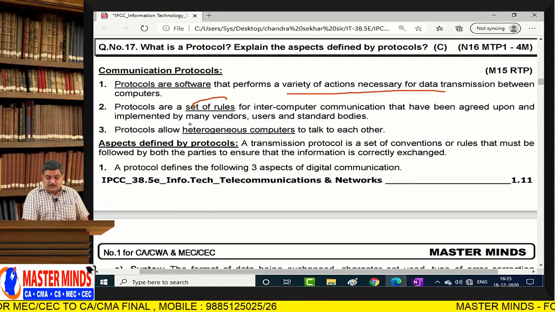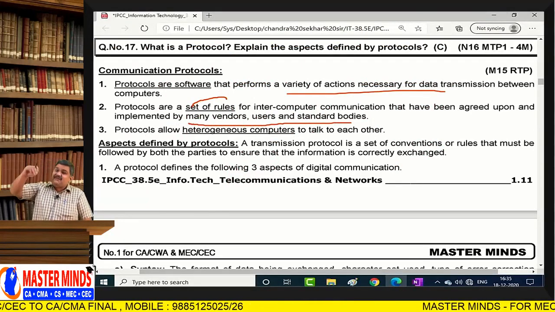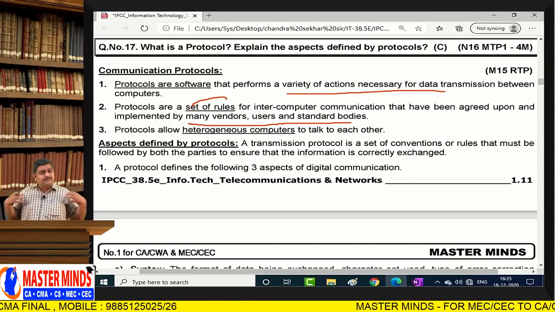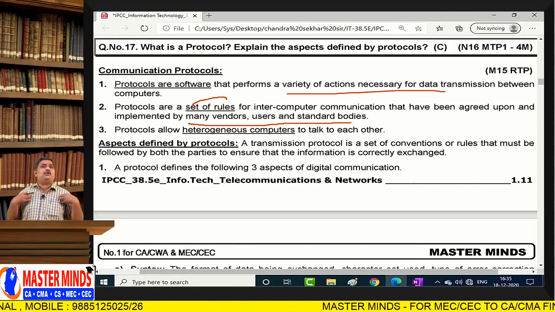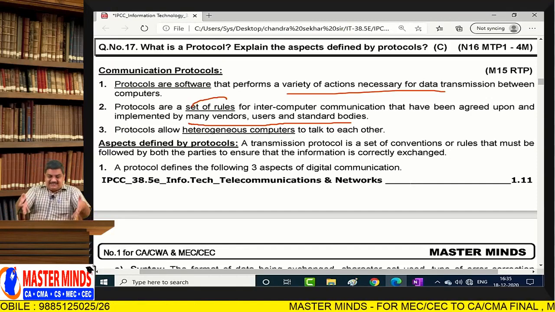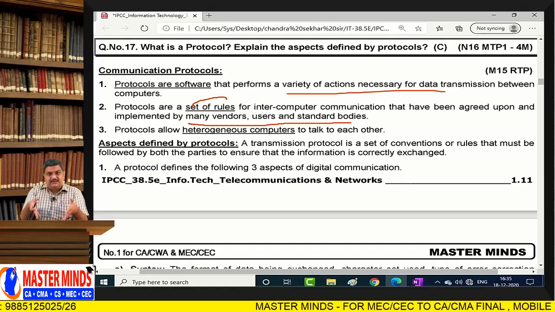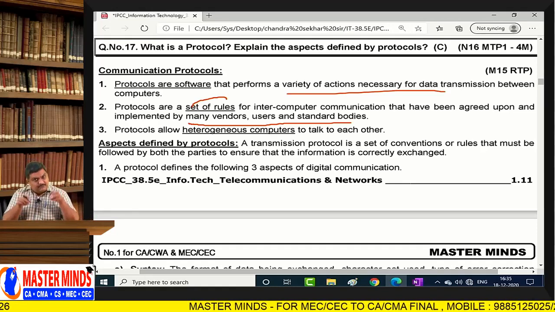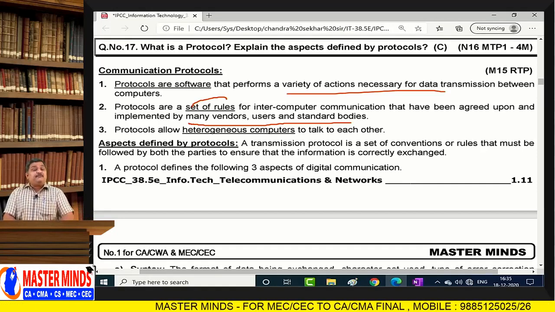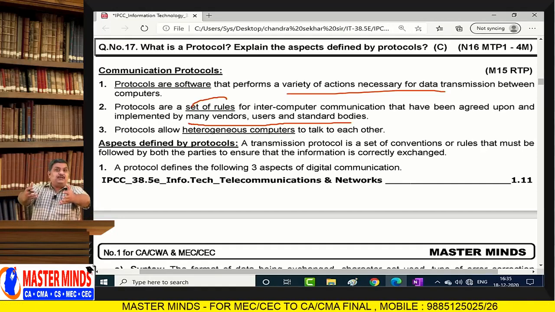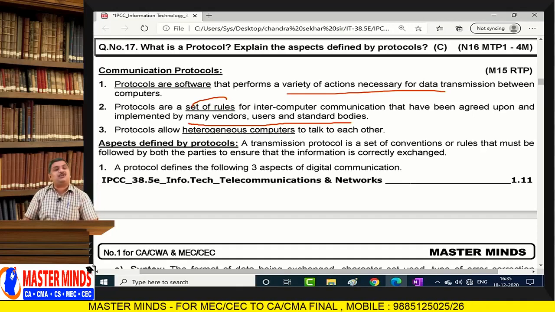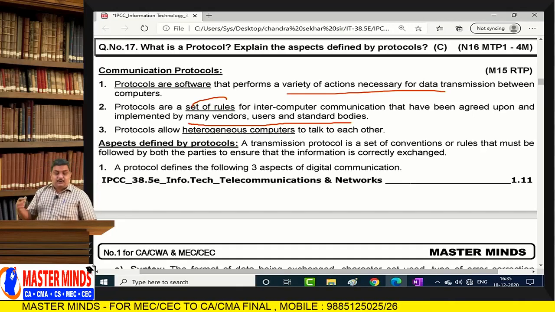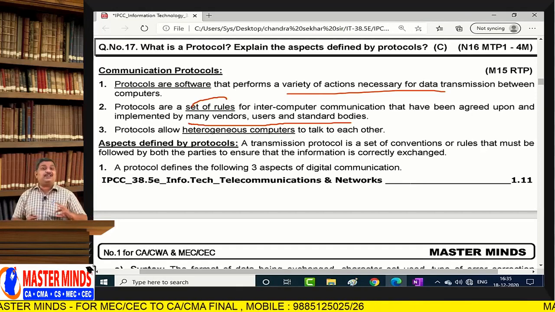Some rules and regulations, protocols, have to be followed, and these protocols are to be implemented by everyone in the network. For example, I am using a computer network, so I have to follow some protocols. That means my system should have the protocols built in. And if I want to send some message to you, then your system should also have those protocols. That is the most important thing.